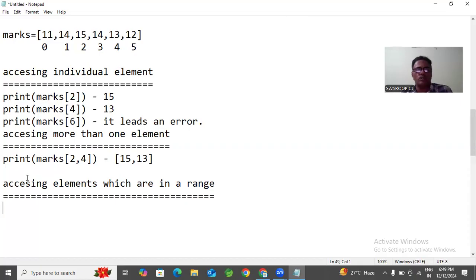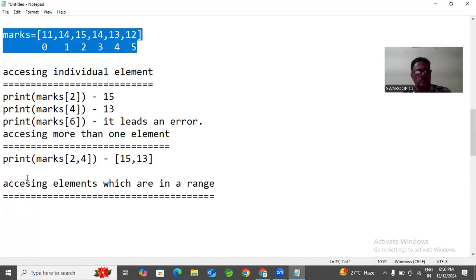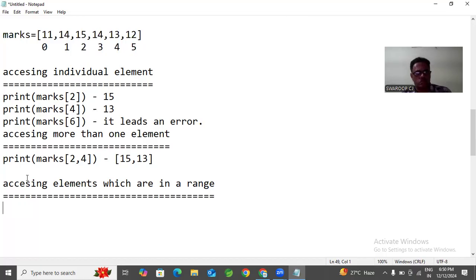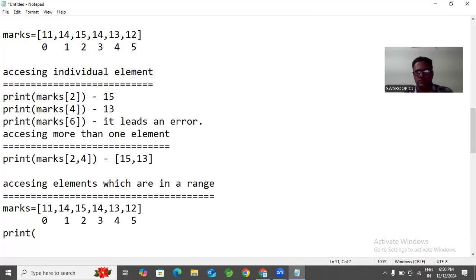So here I am trying to access the values which are in the range. So what is the range here? Nothing but the starting index number and the ending index number minus 1. Take one example. I'll take the previous example only, the same example. Here I take the marks, I will copy and paste here. So here I'm trying to print marks of